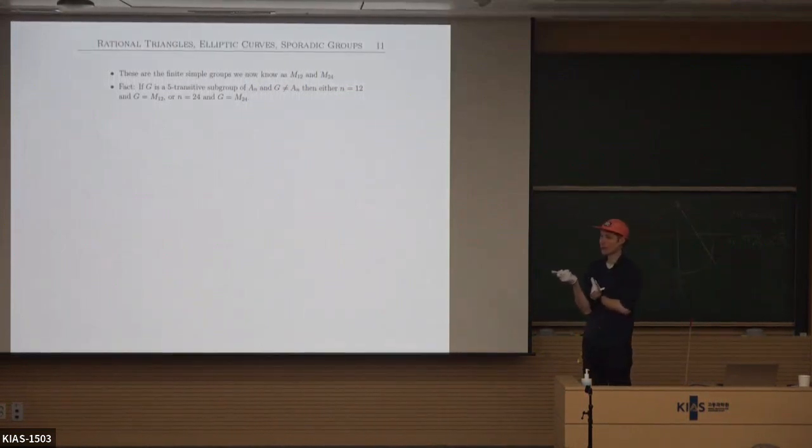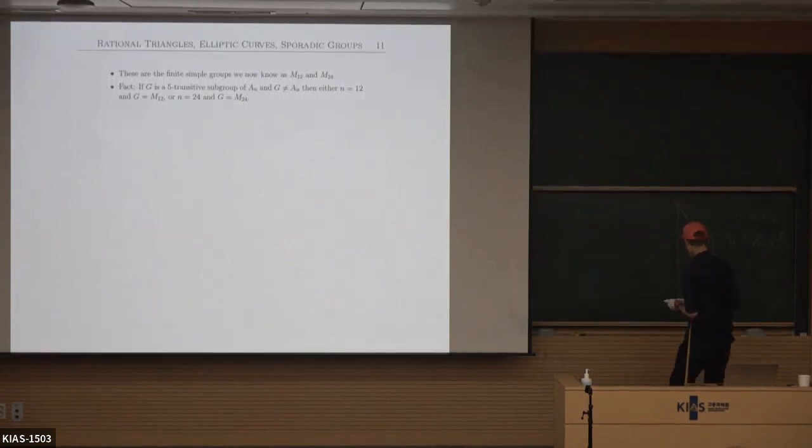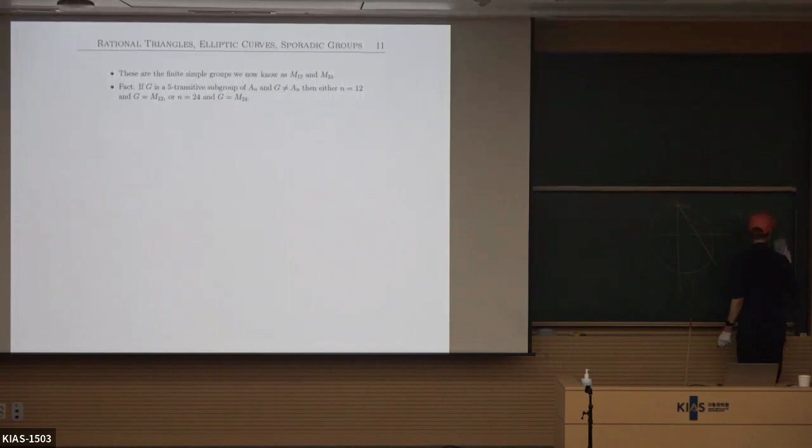So do you know what I mean by 5-transitive? So 5-transitive means any ordered 5-tuple can be mapped to any other ordered 5-tuple by some element in the group. So to make this all a little bit more concrete, I'm going to